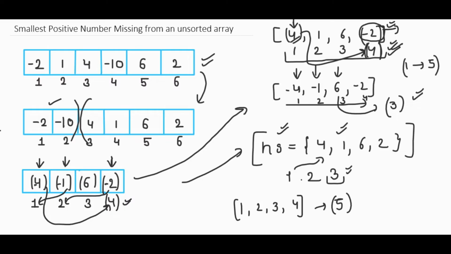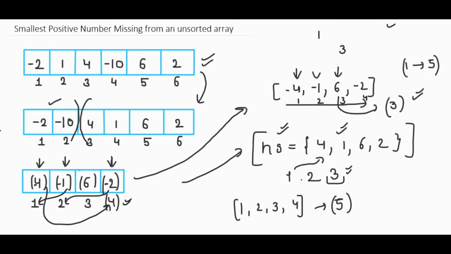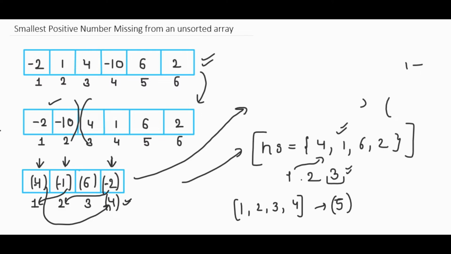Okay, let's erase it and let's see something else as well. So there can be case where elements which are left after this will be 4, minus 4, 2, 6 and 7. Okay, these two elements can be positive as well.